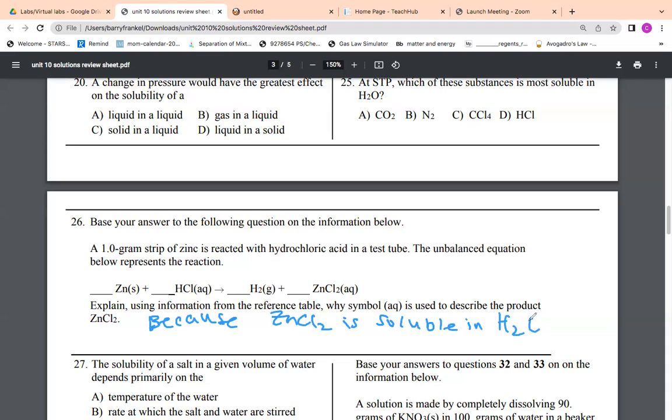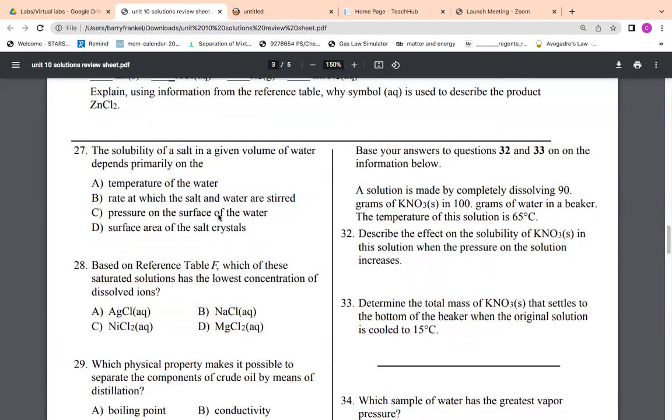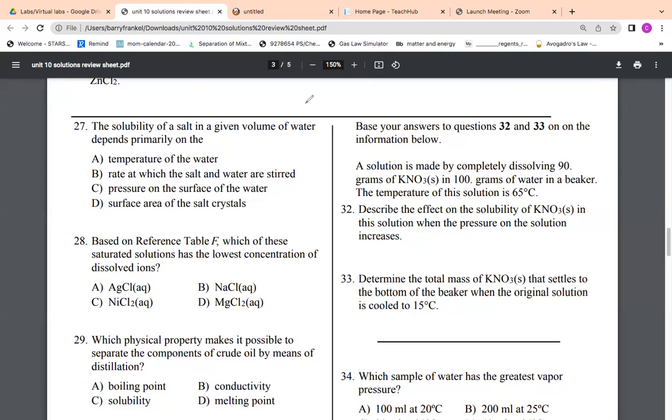And that is all you have to say. That's why I have the AQ sign there. If this was a salt that was not soluble in water, it would have an S symbol next to it because it would be a solid. Okay. Number 27. The solubility of a salt in a given volume of water depends primarily on